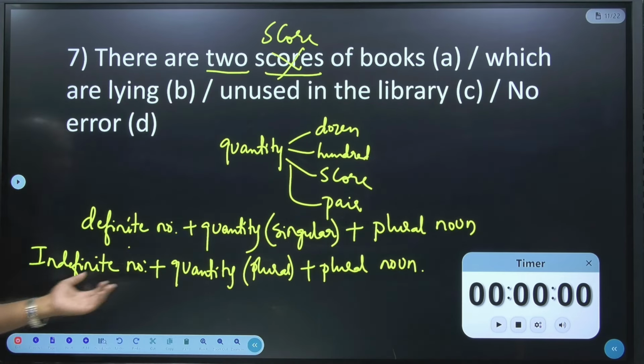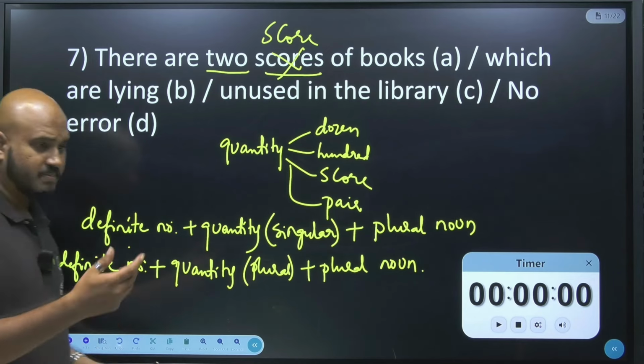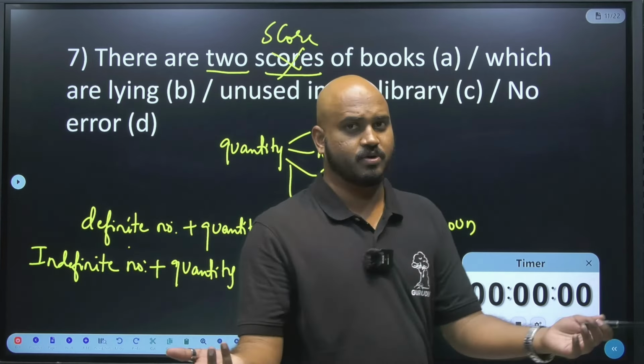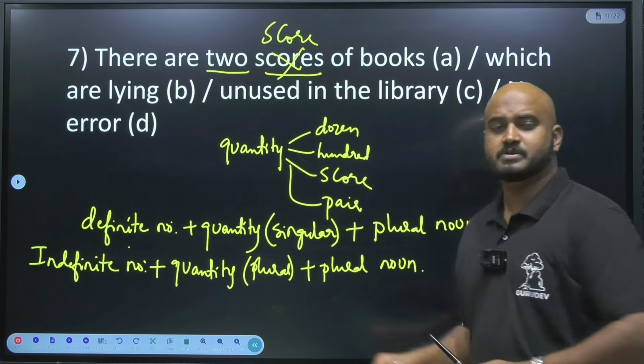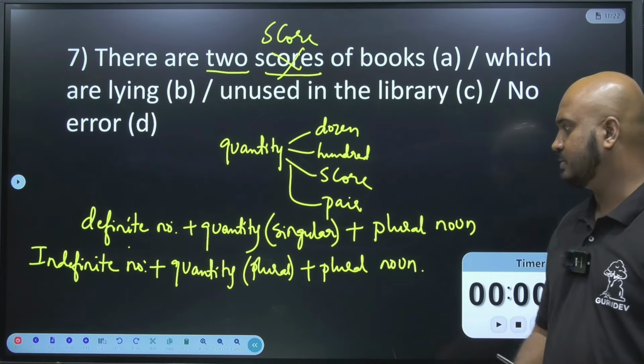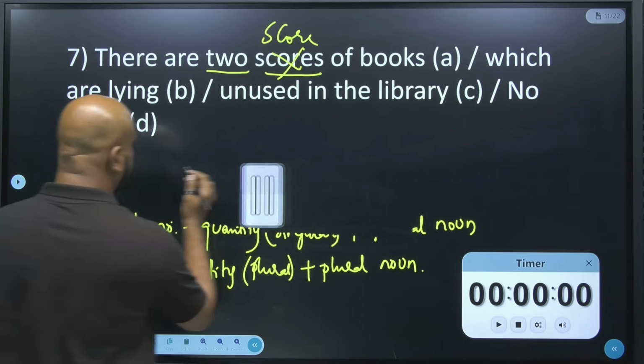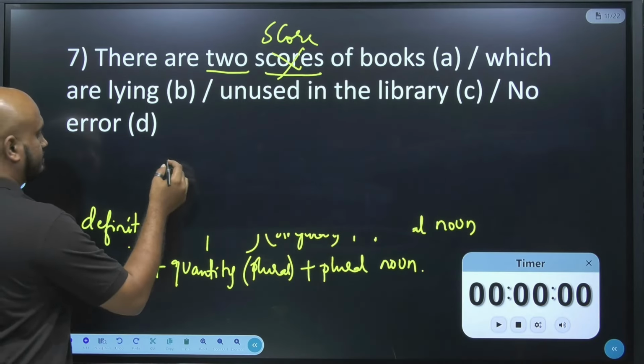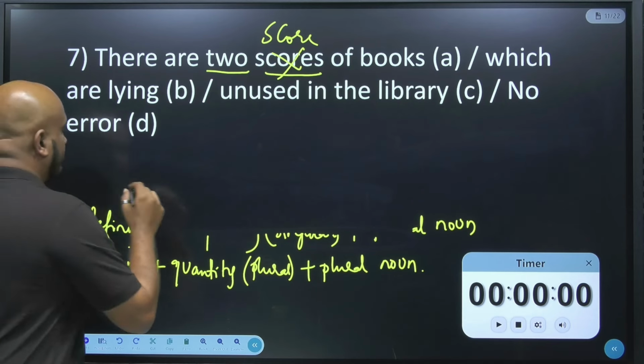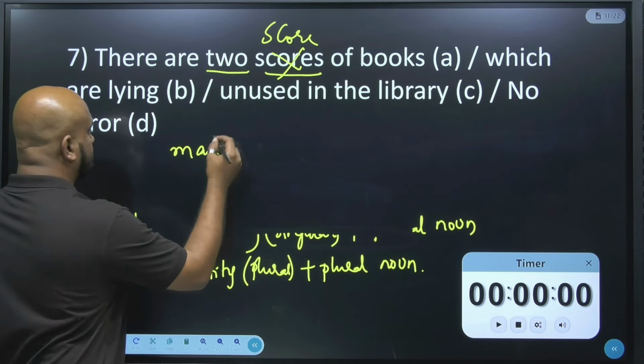And this indefinite number can come in many different forms. I mean, it could be adjectives, or sometimes there is no number at all. So I'll give you an example so that you are clear with this concept. All right. So what is the example that I'm going to give you here? The example is,